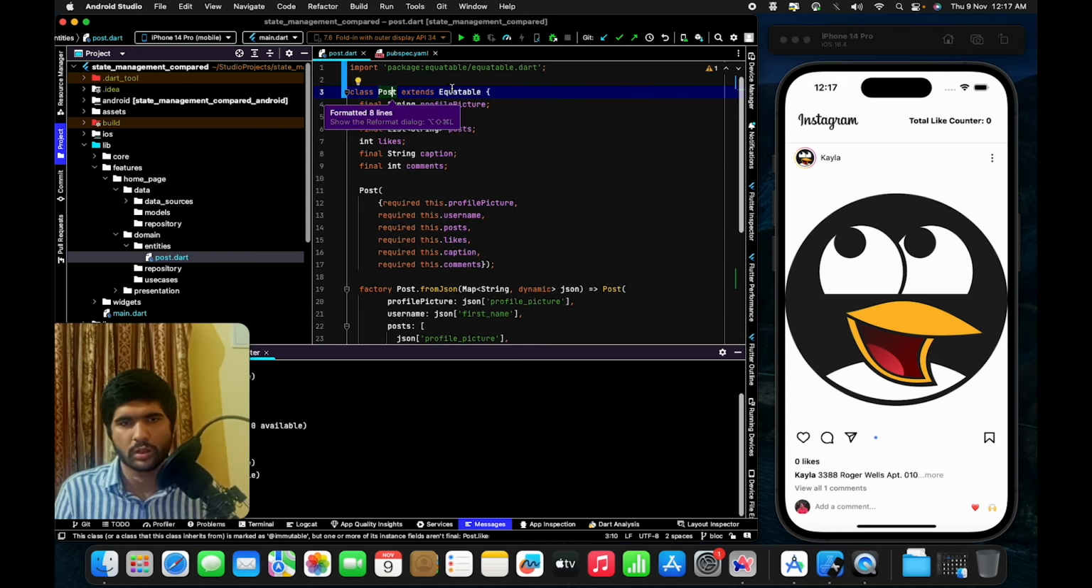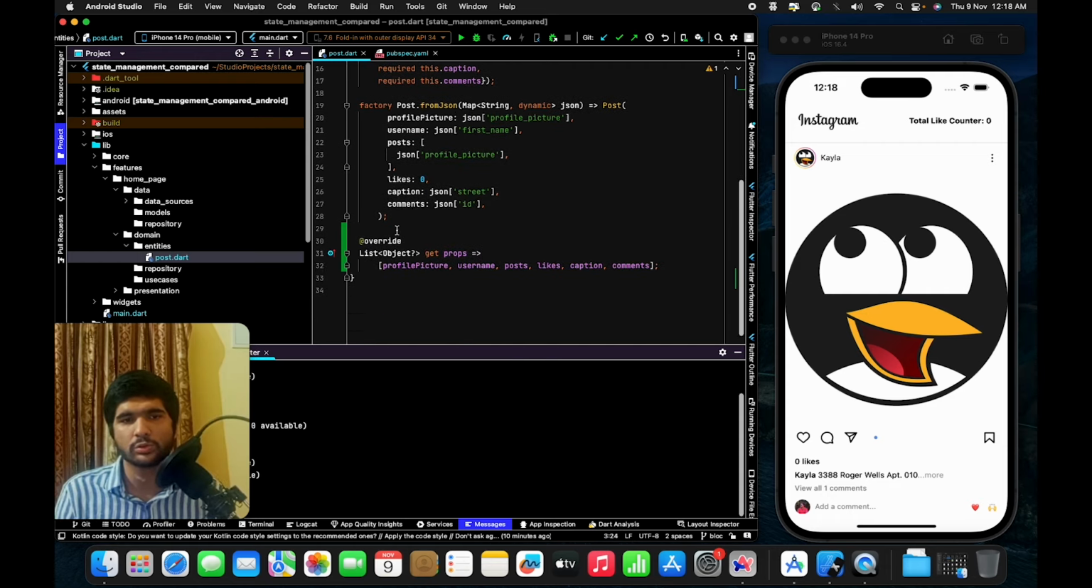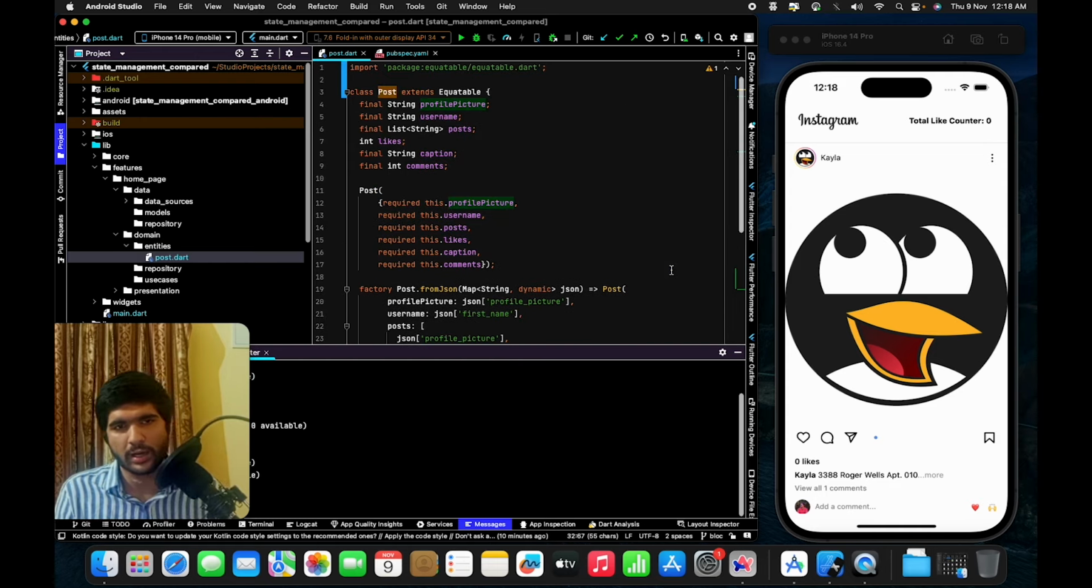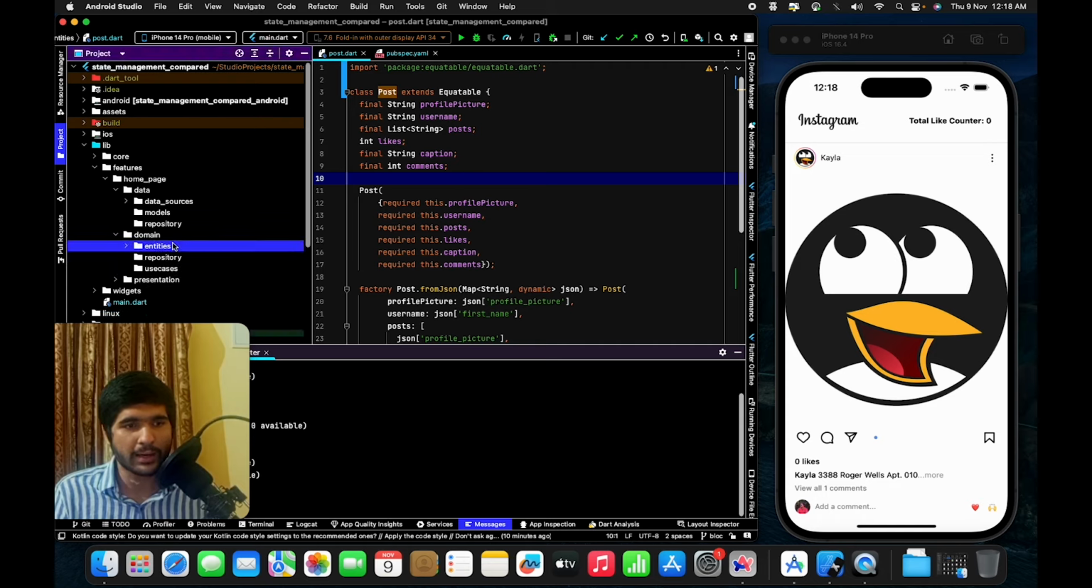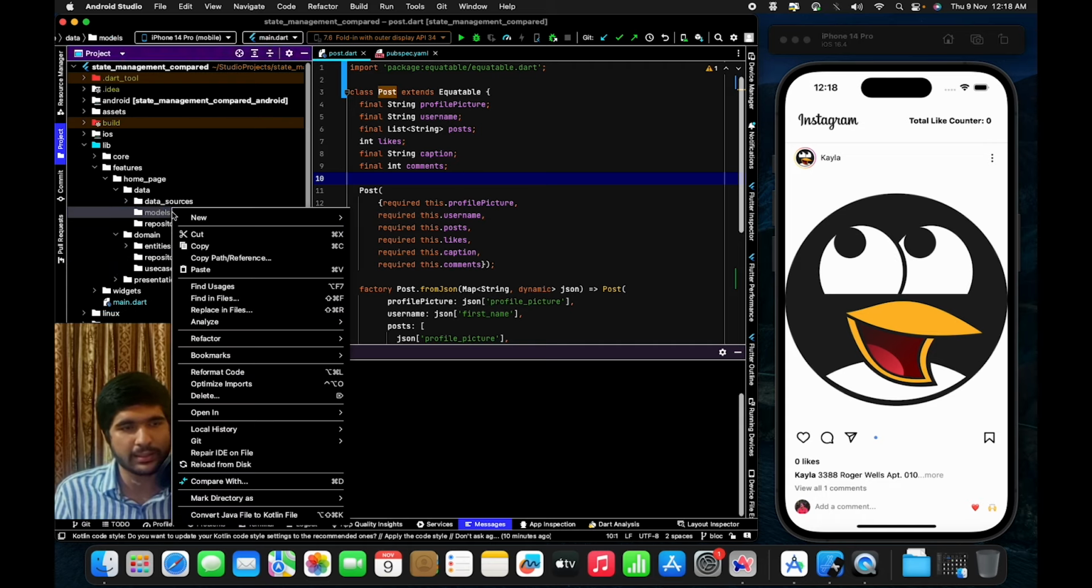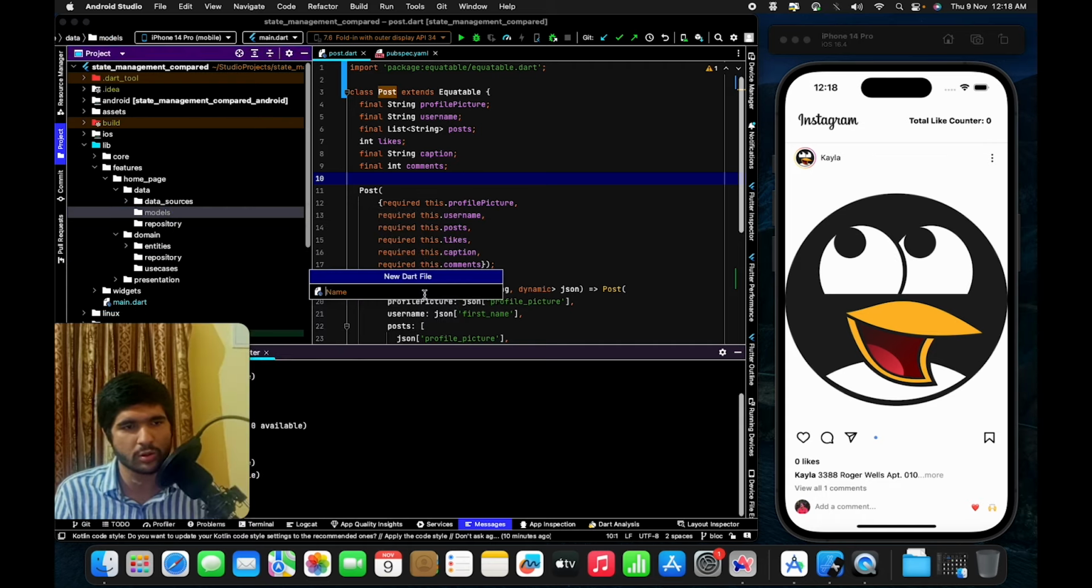Perfect. So the use of Equatable is so that we can compare the variables or the objects of the post class that we have. Directly we cannot do that, but by extending that with Equatable, we can use the props and then we can compare the props of that class so that we can compare two objects of posts. So that's what we are going to add inside our entities, and then inside our models also same, we'll